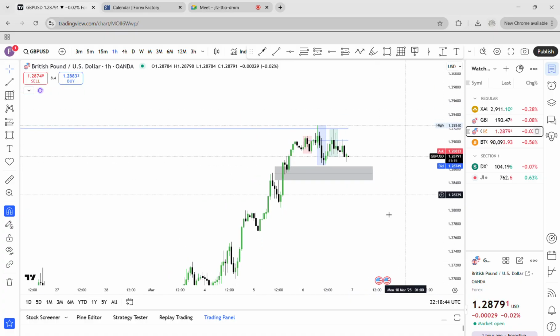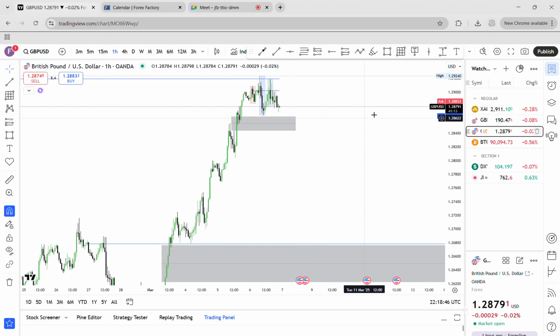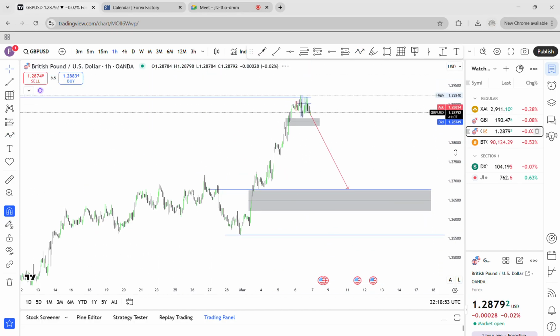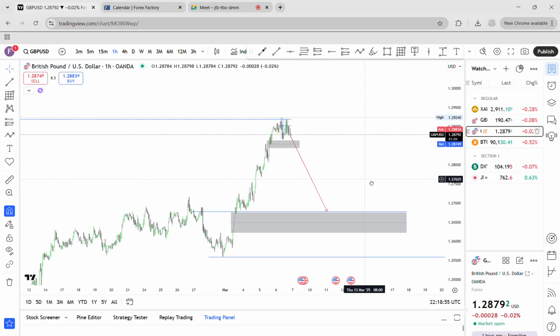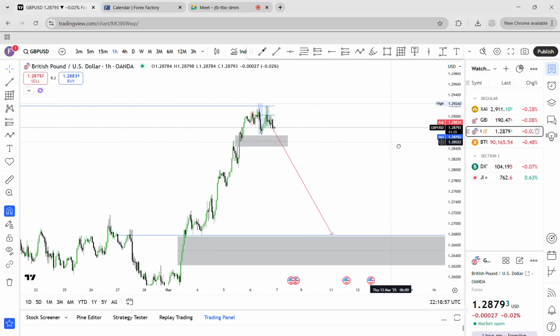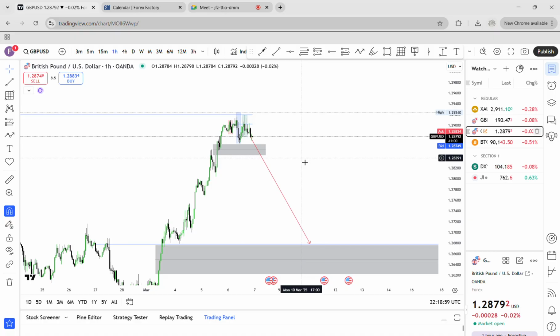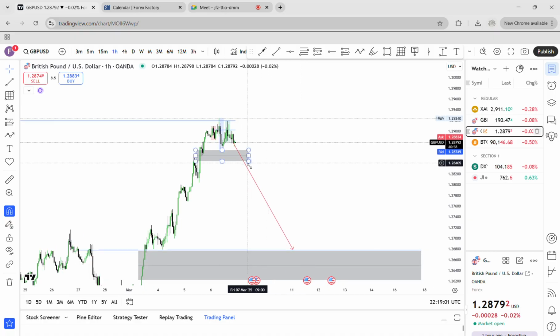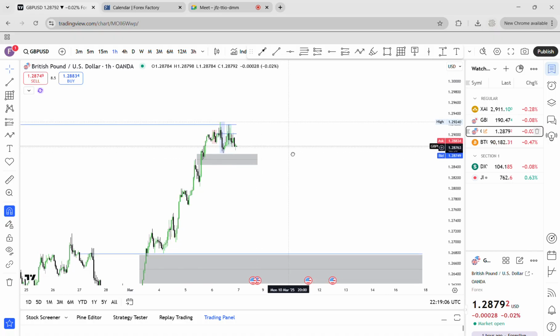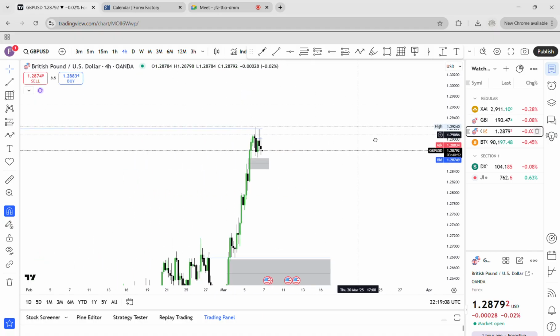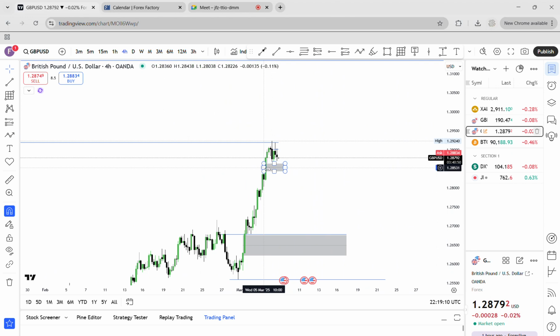So this is what we have on GU. I expect maybe a sell back into this area and continue going higher, probably next week or something, because tomorrow is Friday. So again, never rule this out. Price can keep going higher from this area because this is a fair value gap,